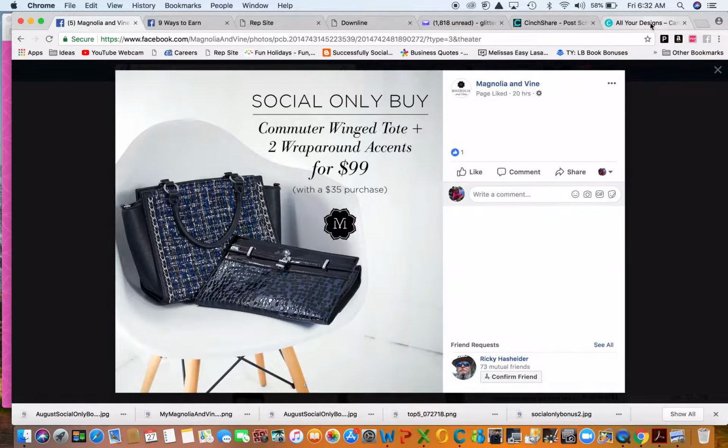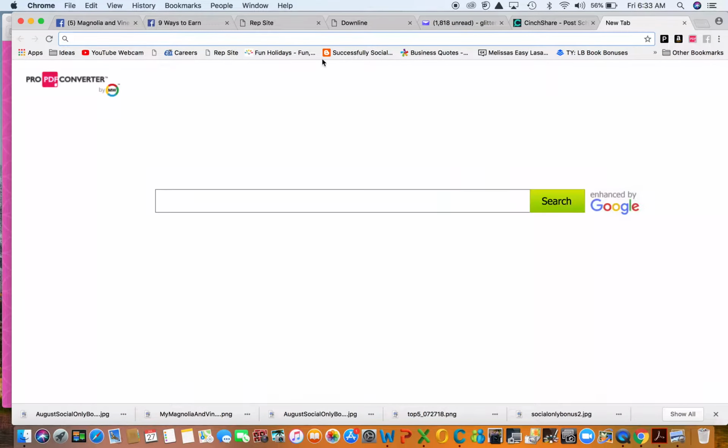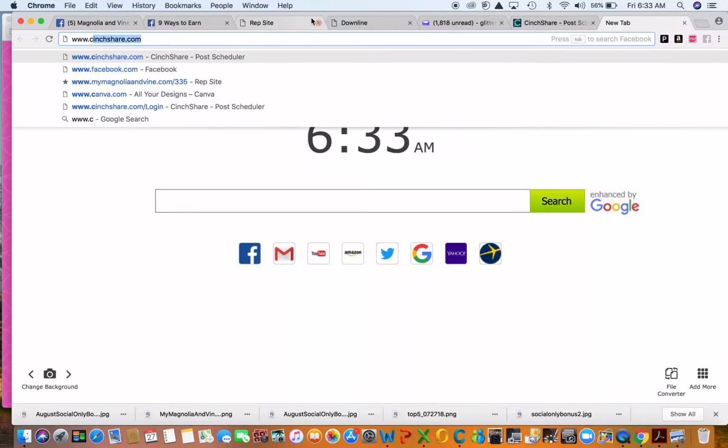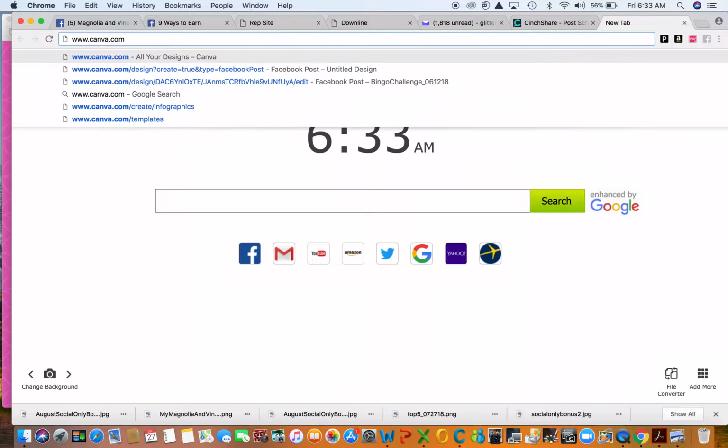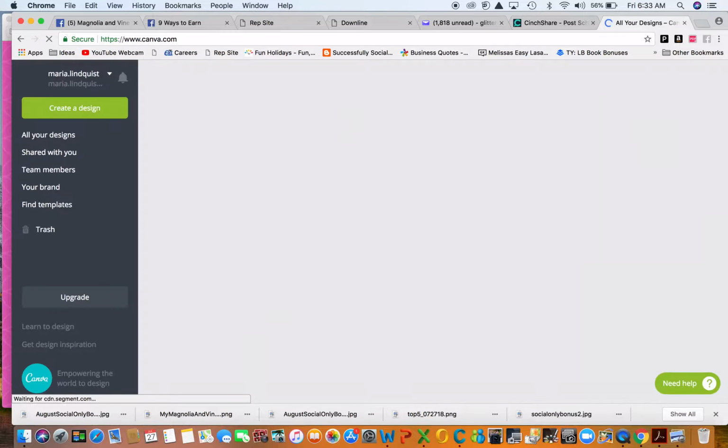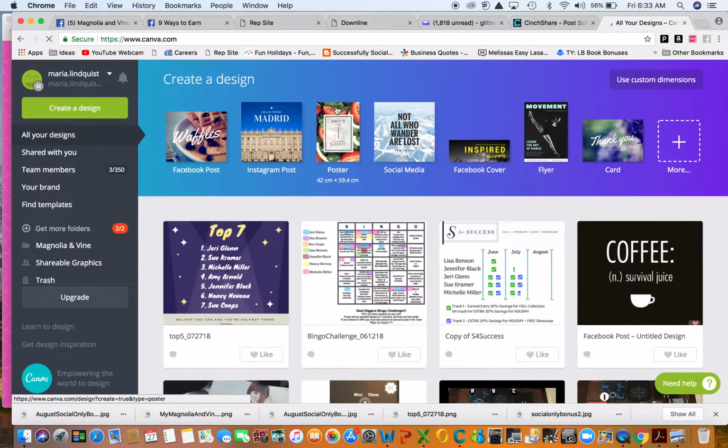So then you want to go into Canva. To go to Canva, you just go to www.canva.com. If you don't have an account, it's here at this prior screen. You can create an account, and it's free. You don't have to pay anything for Canva. They do have layouts that you can pay for, and you could pay for a different version of Canva if you wanted to, but I've gotten by with not ever paying for anything in Canva, and I've created a lot